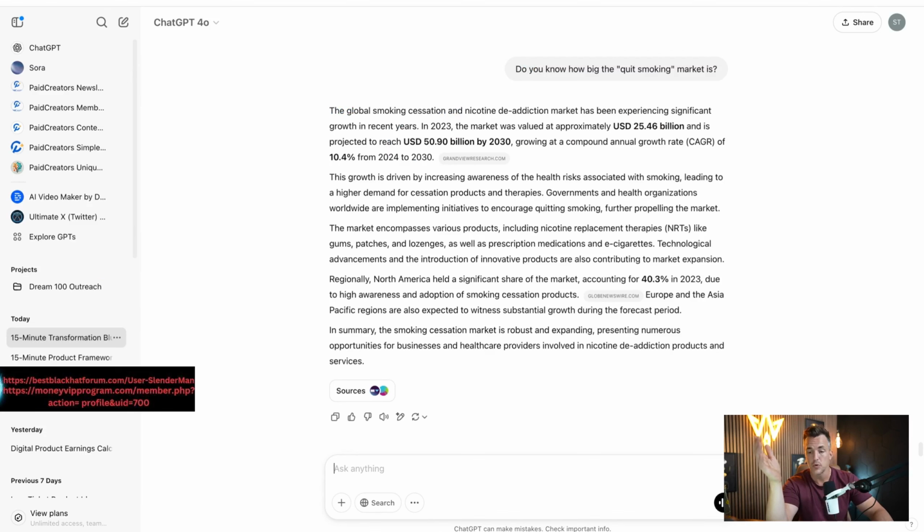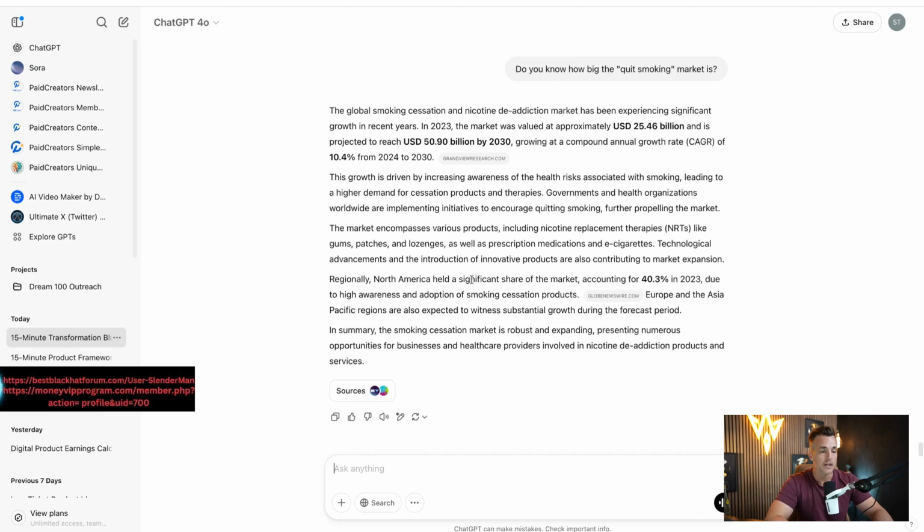And that is true. More people are trying to quit smoking now than ever before. Approximately $25.4 billion, and it's projected to double in the next 5 years, growing at a compound annual growth rate of 10%. It's growing almost as fast as the digital marketing space in and of itself.